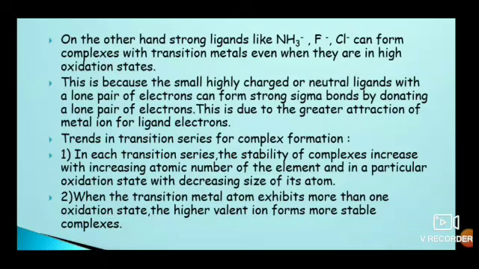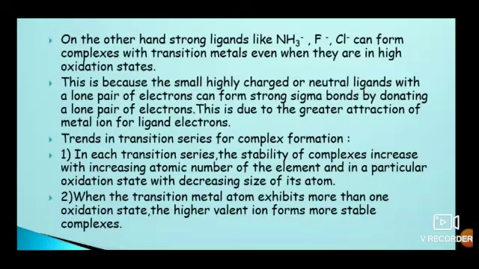So this is how we have weak ligands and strong ligands that form complexes with transition metals, and we can observe some trends in the transition series in the formation of complexes. In each transition series, the stability of complexes increases with increase in atomic number of the element, and for a particular oxidation state with decrease in size of its atom. And the second point is, when the transition metal atom exhibits more than one oxidation state, the higher valent ion forms more stable complexes. These two are very important points about the